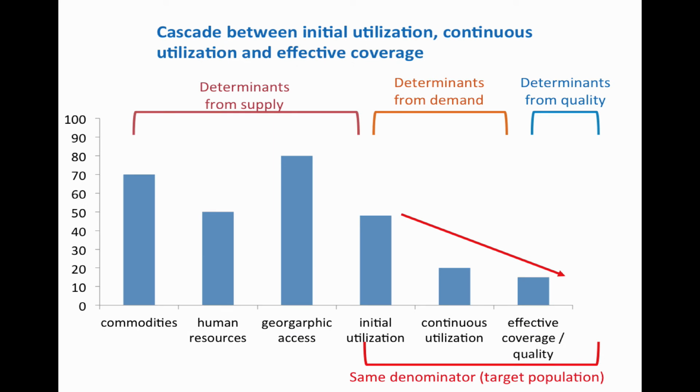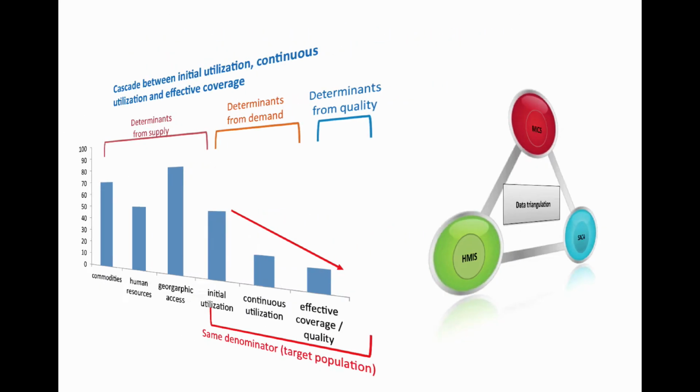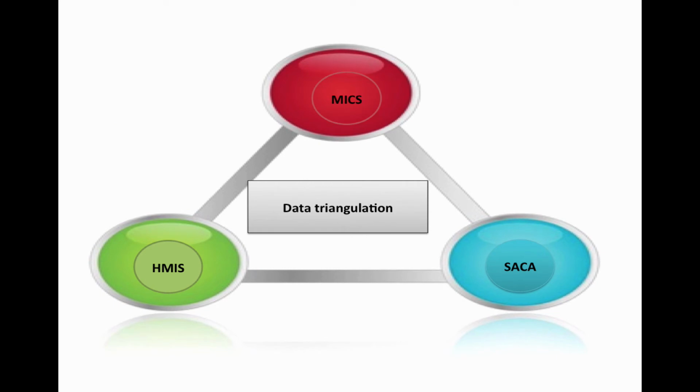Bottlenecks analysis requires reliable and quality data related to health system determinants such as supply, demand, and quality. However, at decentralized level, the health information systems, which are the main source of data, are characterized by their limited capacity to provide such quality data. And Anambra State is no exception. So BNA was used as an entry point to collect data on the key determinants of the health system first of all, and then to triangulate this data with other available sources of data.